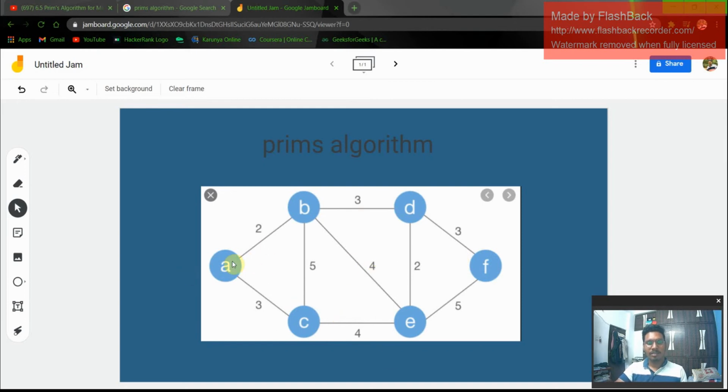In this case, if we take from A to B, we have 1, 2, 3, 4, 5, 6 edges. From these 6 edges, if we consider A to B and A to C. If we take the vertex A, this A contains B and C as other edges. So we need to select the minimum spanning tree, nothing but the minimum way to travel all of this tree.